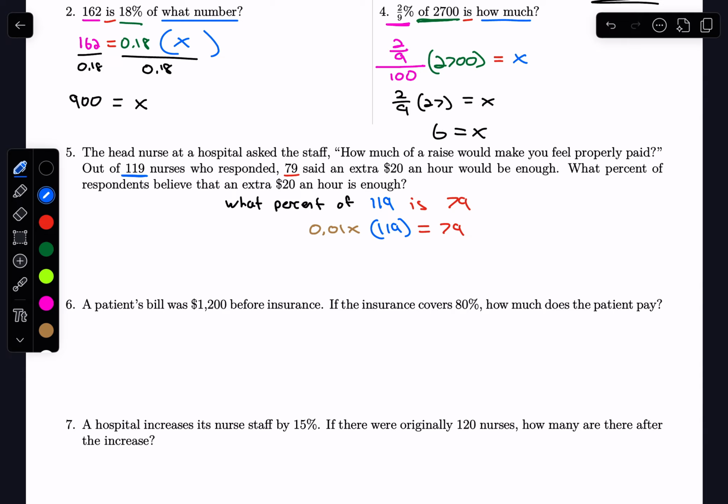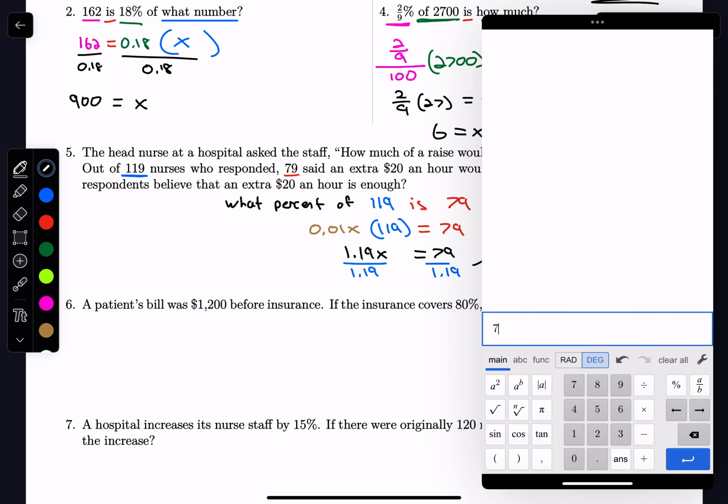So now when we actually solve for this, we can multiply 0.01 times 119 to get 1.19, because it's just division by 100, I just moved the decimal place twice to the left. So we have 1.19x equals 79. We can divide both sides by that 1.19. And this one's not going to be very clean, so we're definitely going to use a calculator here. We have 79 over 1.19,